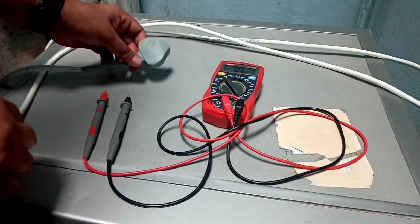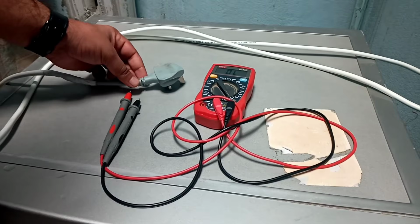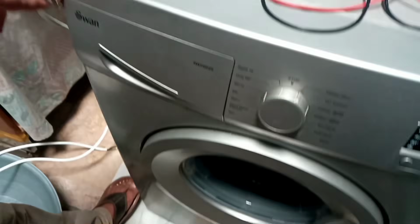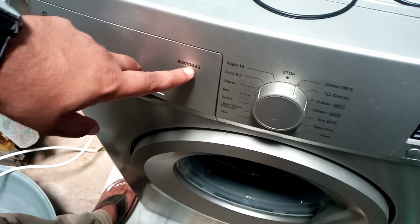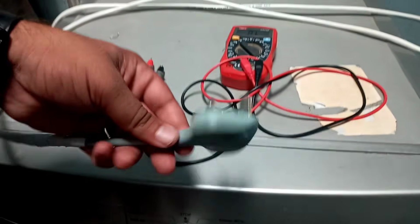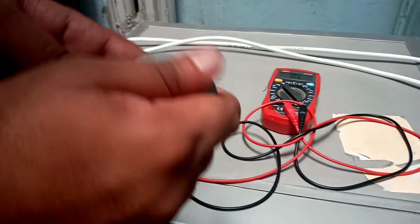Hello guys, in today's video I'm going to fix my home washing machine. Basically this is a Swan SW2062S model, and the problem is when we plug this wire in, it's not getting power, and here you can